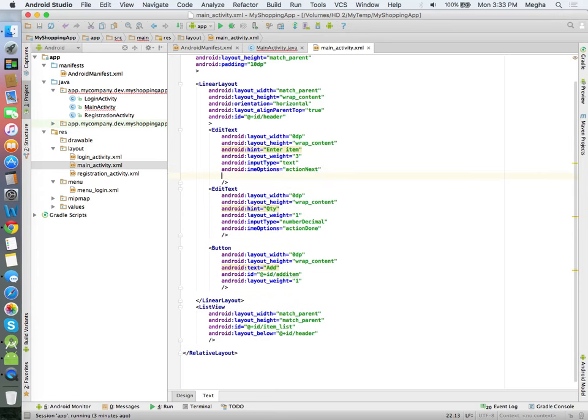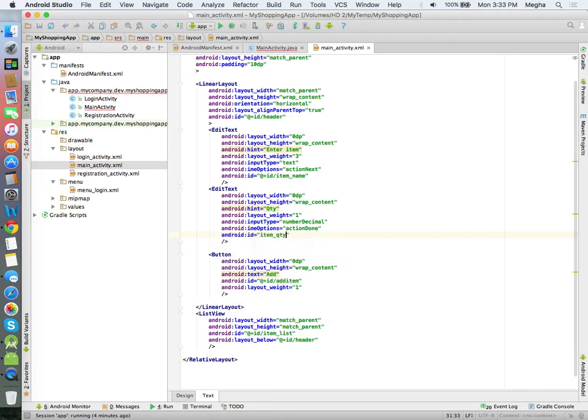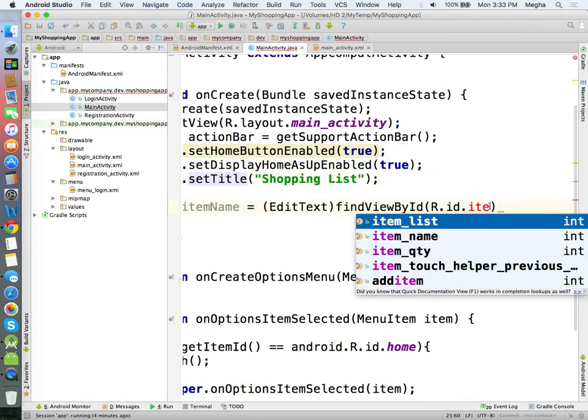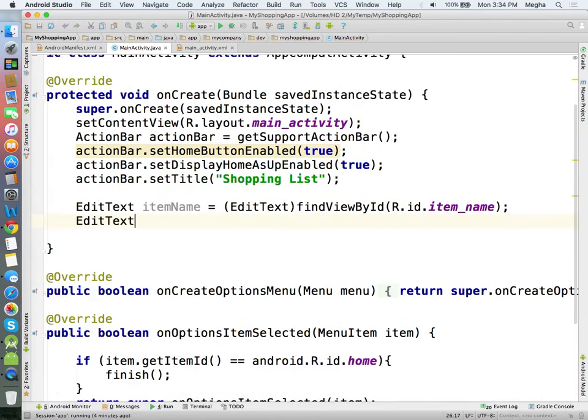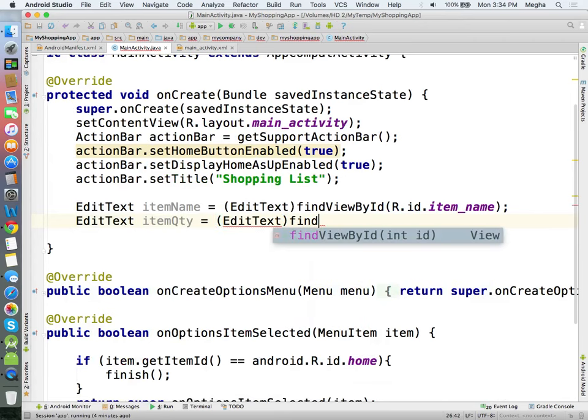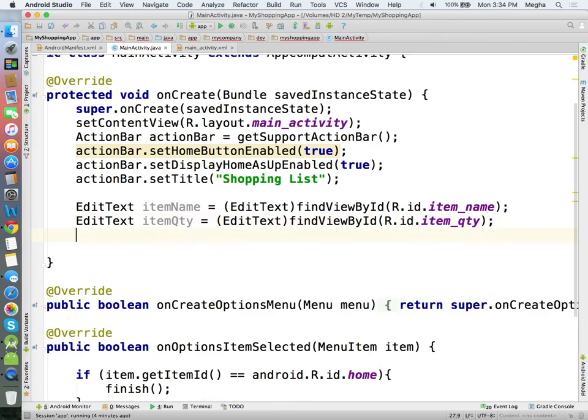Seems we haven't given an ID. So the button has an ID already. Quantity. And there is a button.